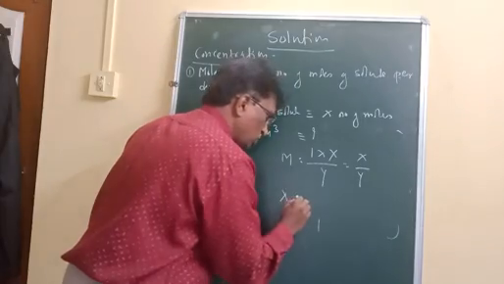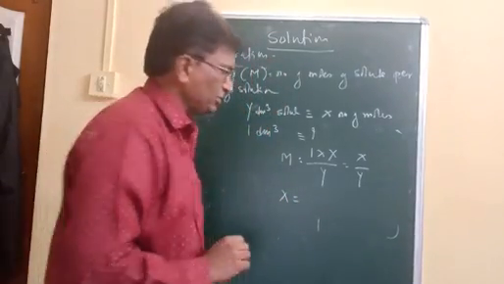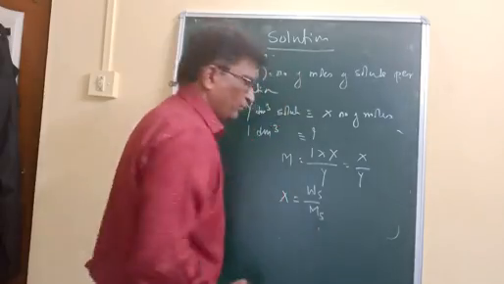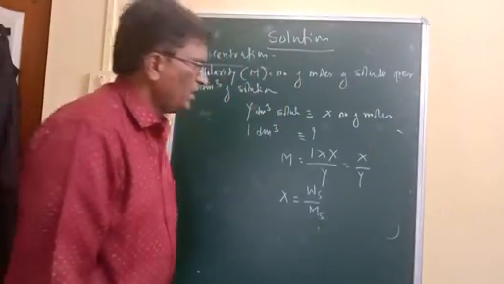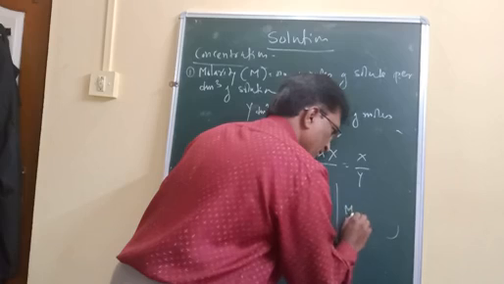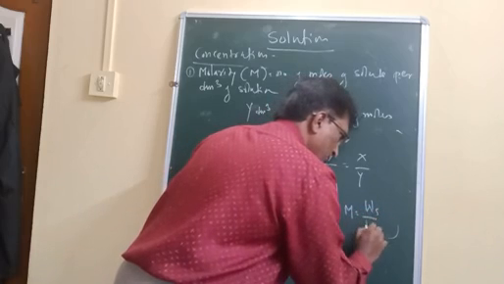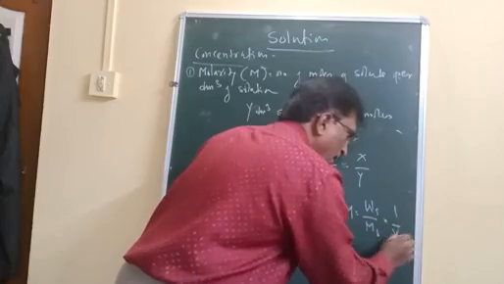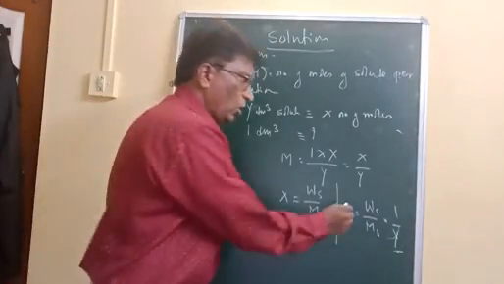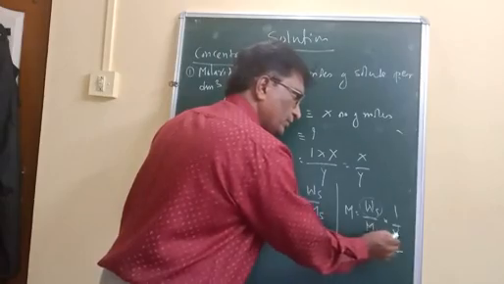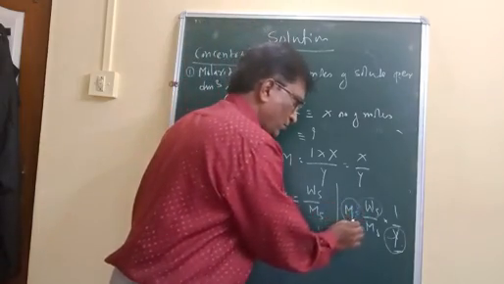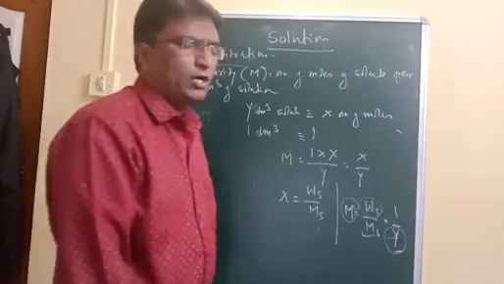Now number of moles of solute can be calculated as x is equal to Ws upon molar mass of solute, that is molecular weight of solute. If we put the value of x in this equation, we get M is equal to Ws upon Ms into 1 upon y, and that y should be in dm cube. If we know weight of solute, volume of solution, then molarity can be calculated, provided that molecular weight of solute is known.